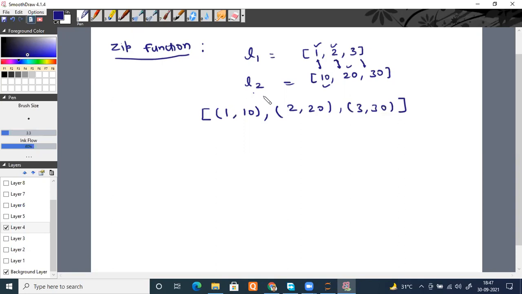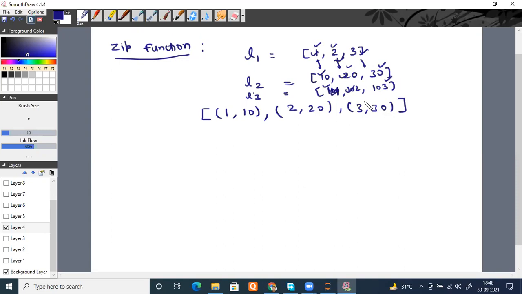Suppose I created L3 with 100, 101, 102, 103. So I want to group 1, 10, and 101 in one tuple, 2, 20, and 102 in one tuple, 3, 30, and 103 in one tuple.